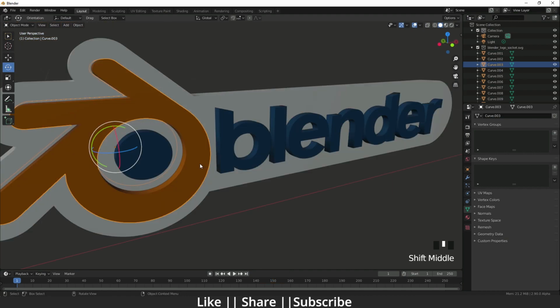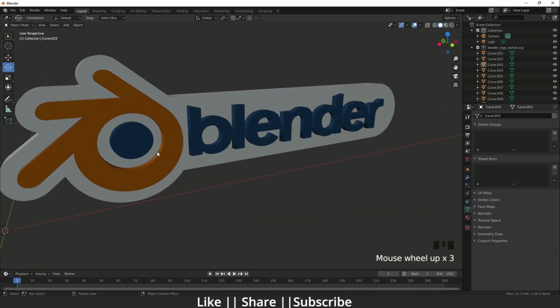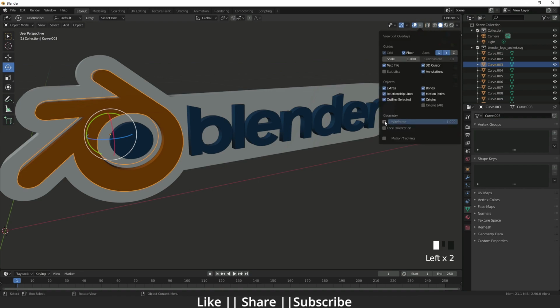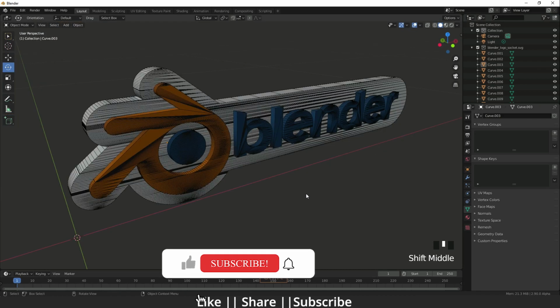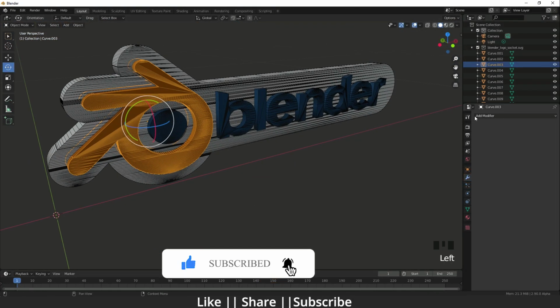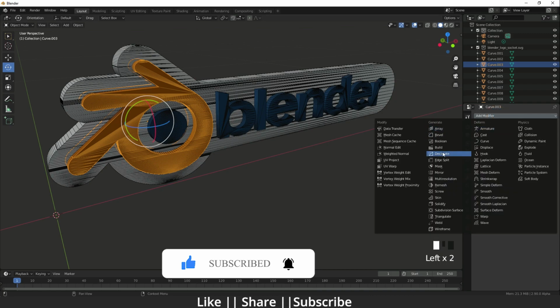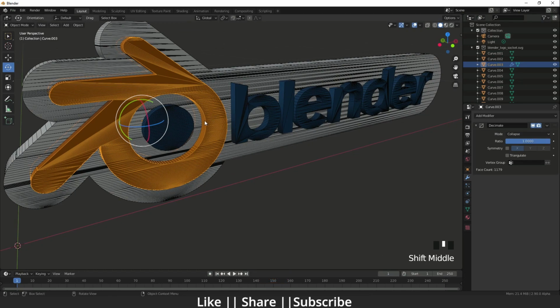Okay guys, right now I'm going to show you the second trick. So what is the second trick? I'm going to show you. I will select that, and first switch to wireframe, so we can easily see what's happening here. I am selecting one object, going to the modifiers section, and adding a Decimate modifier. When I add the Decimate modifier, nothing happens.